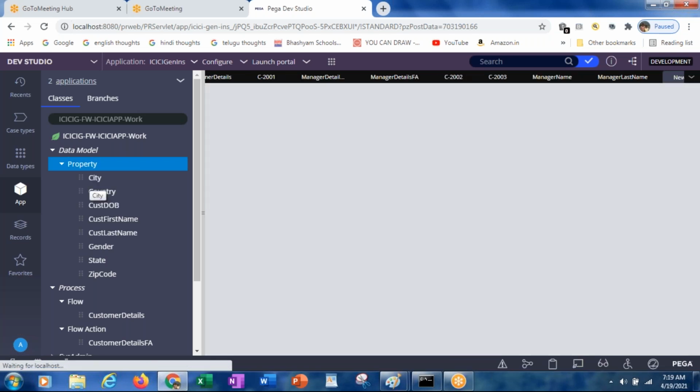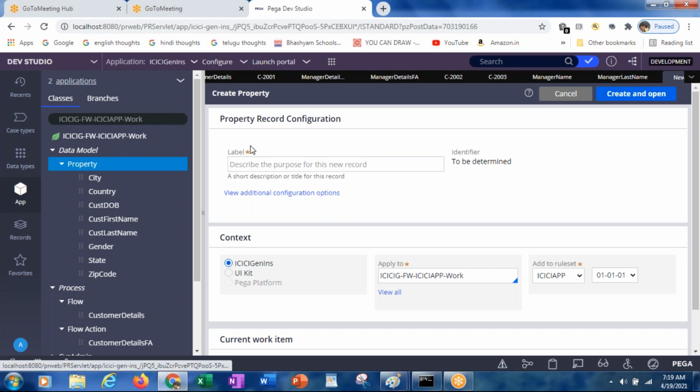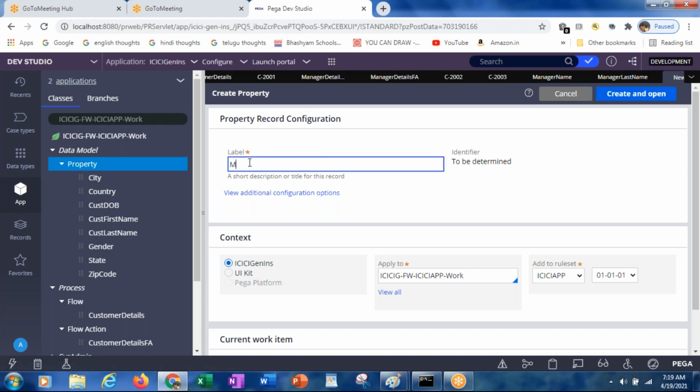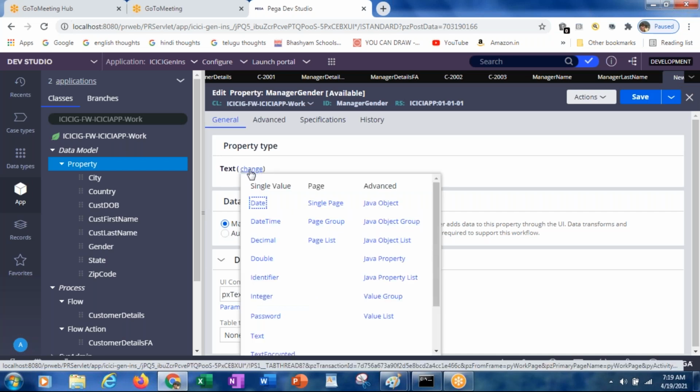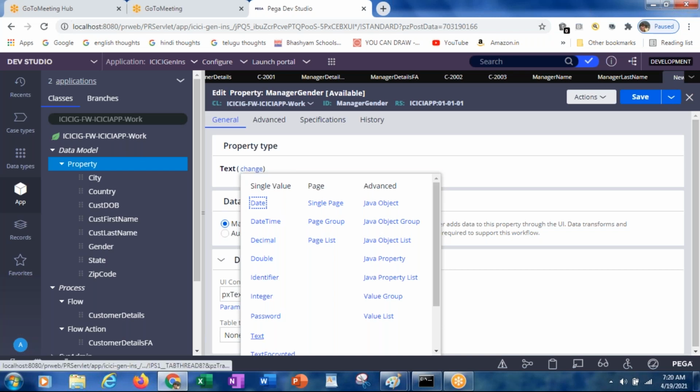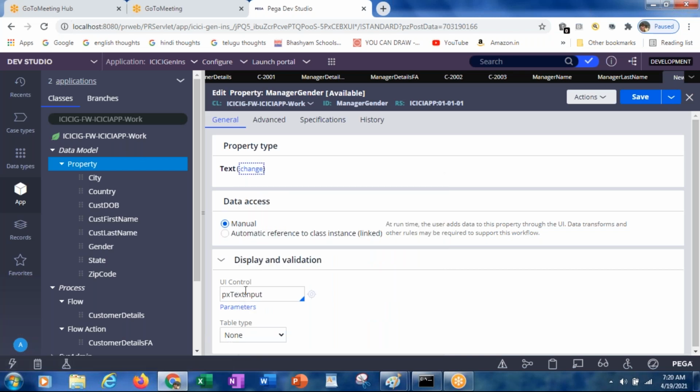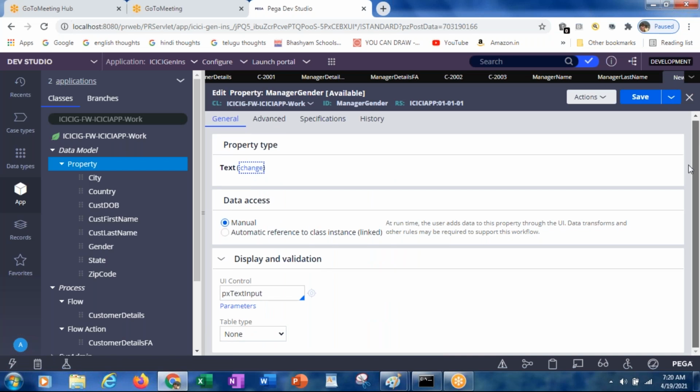Now the third property we placed is gender. For that you again have to create one more property, manager gender. Gender is text only. But for this control, instead of text, what can we place?